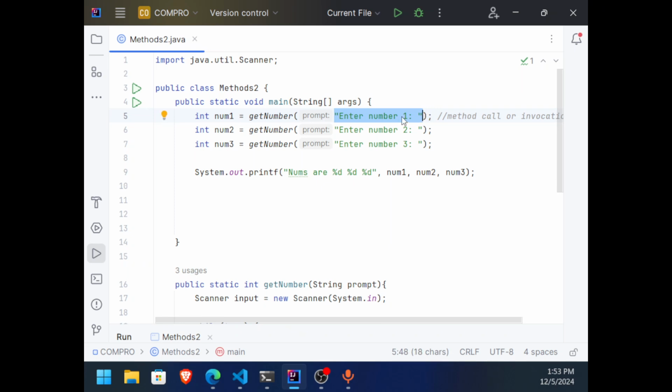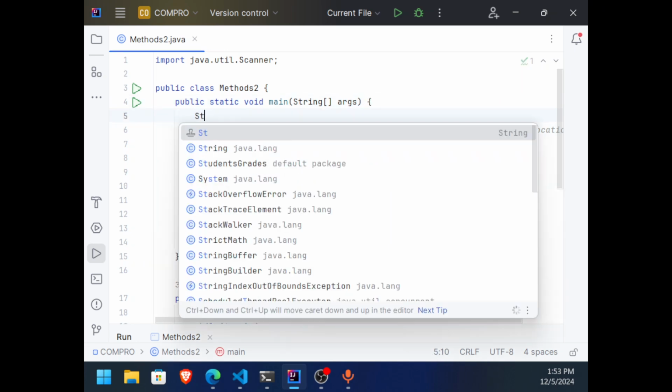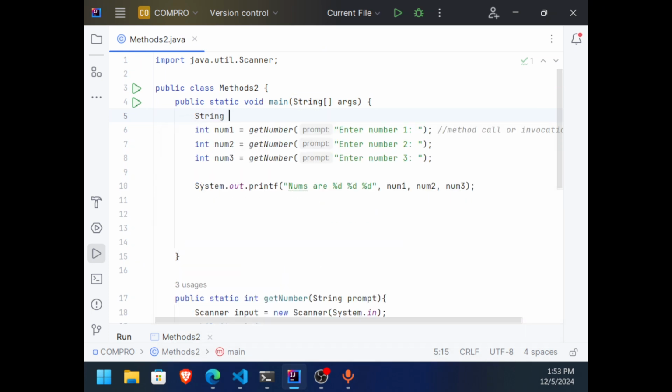Now, whatever you have passed here, that will be passed by value. In other words, for example, here I have a variable here, string prompt, enter number 1.